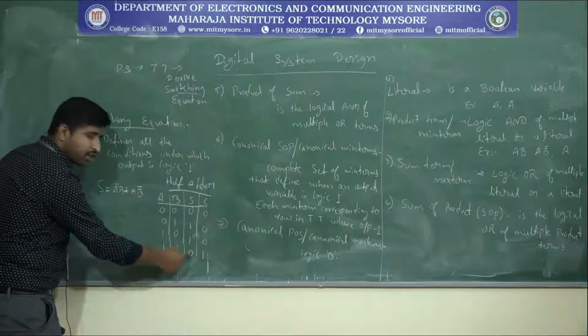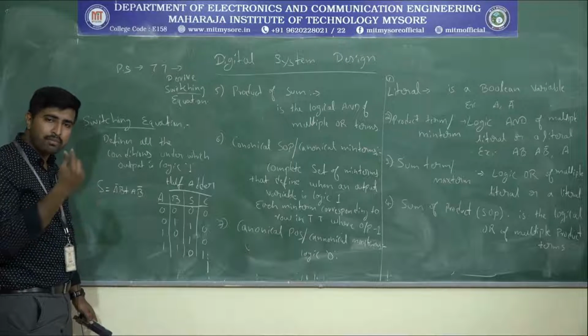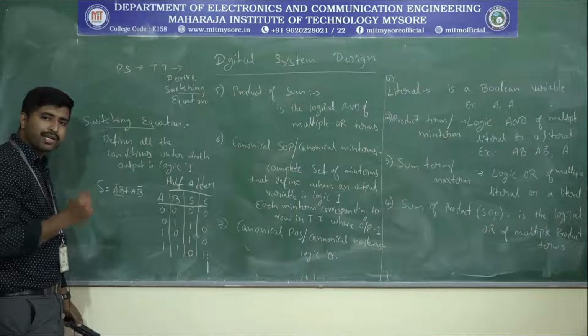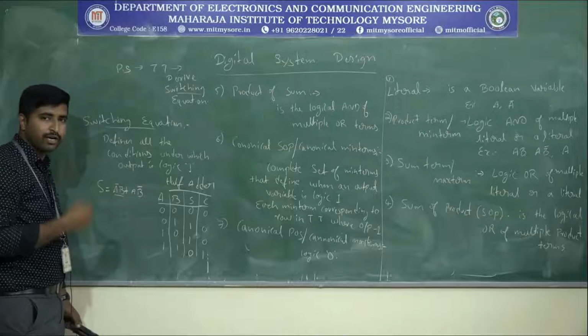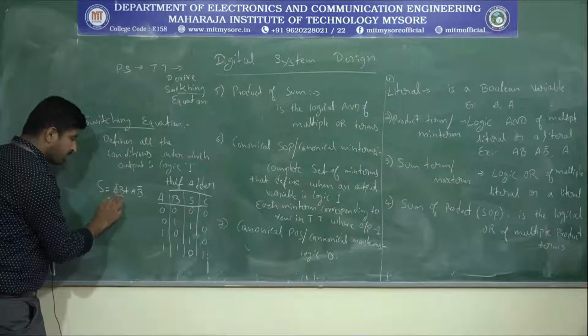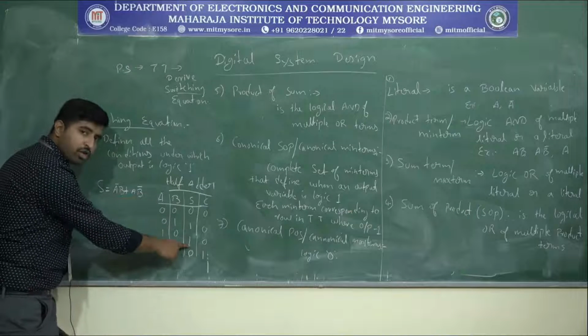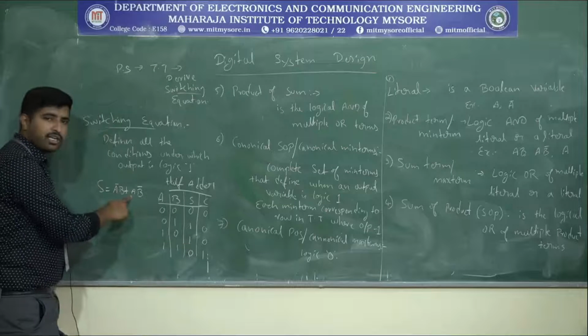Next, if you have multiple logic ones, we need to add, we need to sum all the product terms. This we call one product term or a minterm. We will get to know the definitions. So this corresponds to one logic 1 equation. Correspondingly we have one more logic 1 for the same output, that is sum.